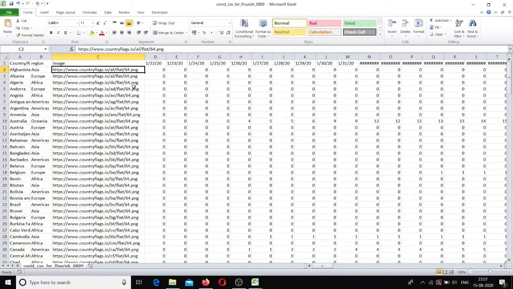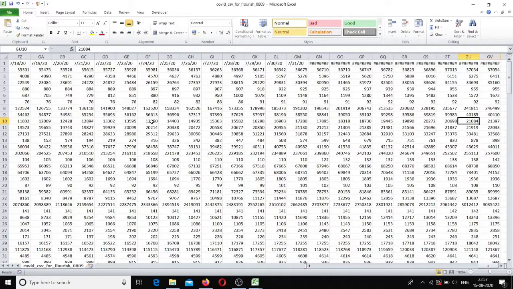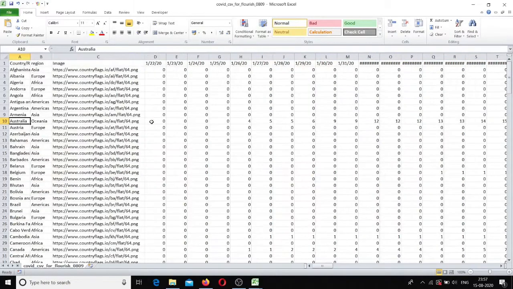So the image details I have scraped from countryflags.io, and I have consolidated wherever there was multiple province based data given. For example, in Australia, in John Hopkins University data, province based data was given, and right now I have consolidated everything in just a single row.